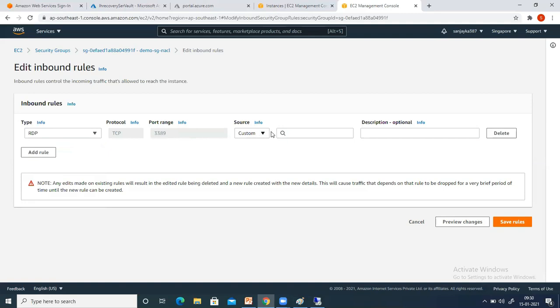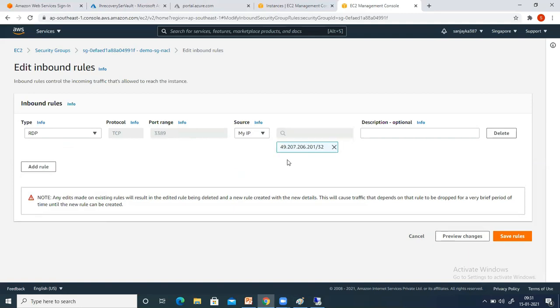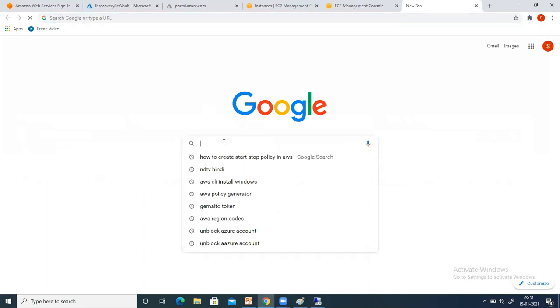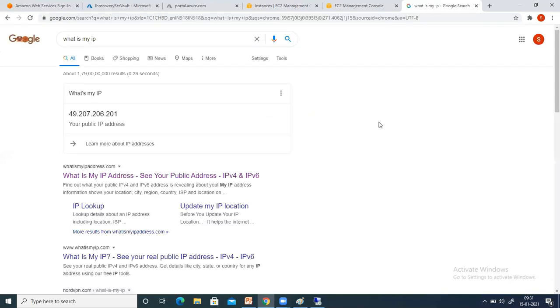In the source, when you click on that, there are three sources mentioned here. The first source is My IP. This is the IP address of my laptop. When you select My IP, you can see this is the IP address.